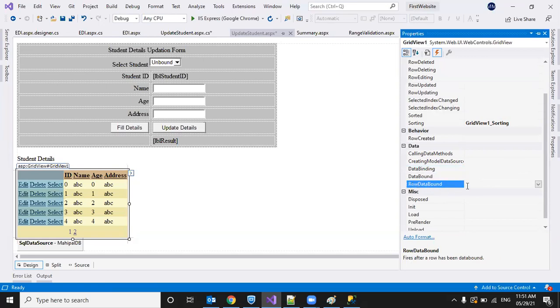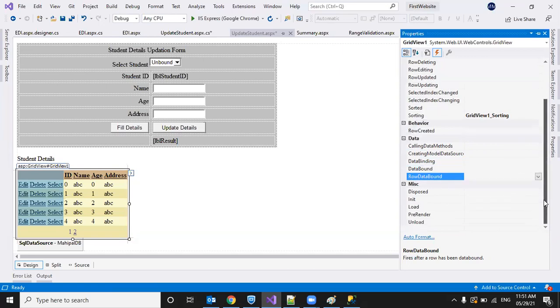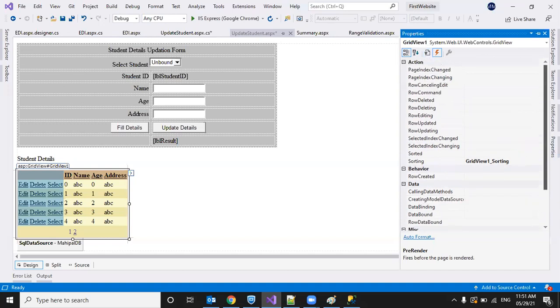While binding row by row, we can use this. Okay. Next, init, load, preload, and these are related to the control. Once it is disposed, if you want to check something, or while it is initializing, these are related to the page. So these are the different events associated with a grid view control.